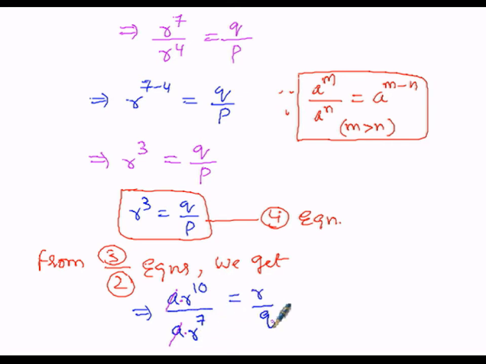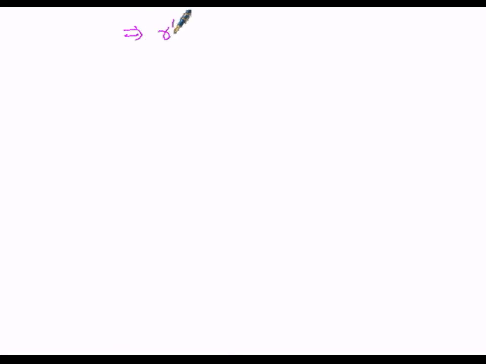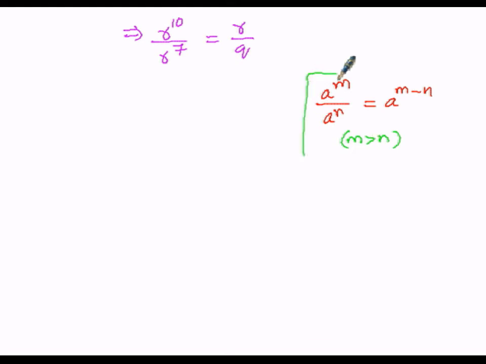The next logical step will be R power 10 divided by R power 7 equals R by Q. Now the left hand side, R power 10 divided by R power 7, is in the form of A power m divided by A power n. A power m overall divided by A power n can be written as A power m minus n when m is greater than n. Here this is applicable. As per the problem, the left hand side numerator's exponent is greater than the denominator's exponent as per this rule, so we can write it as